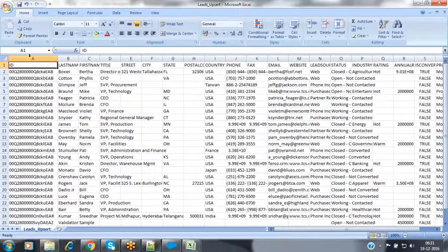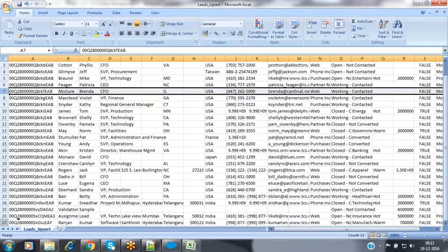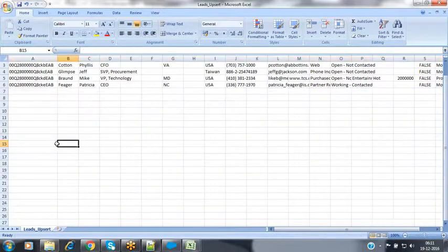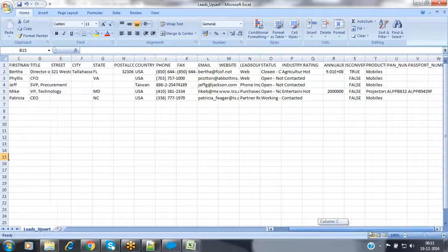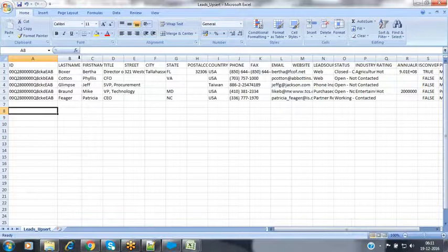I don't want all those lead records, I want only a few, so I'm removing most of them. Now I have removed most of the lead records. Totally, I have 5 lead records available inside it.